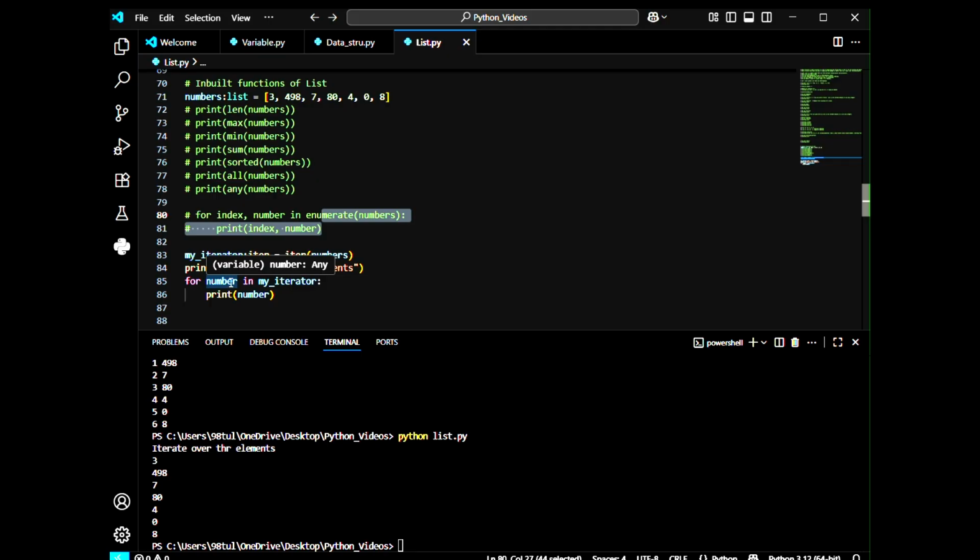Then the iteration will take place again, and the second number, that is 498, will get stored in the variable number, and this will go on until the condition is met. That means when we have the last number and it gets stored in the variable number, then the iteration will exit, that means it will end. Now we can print the number, and we get the same output.